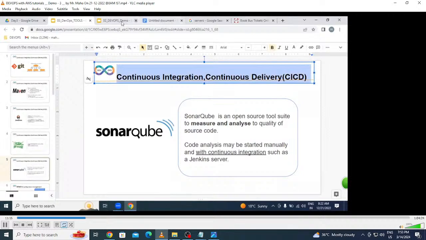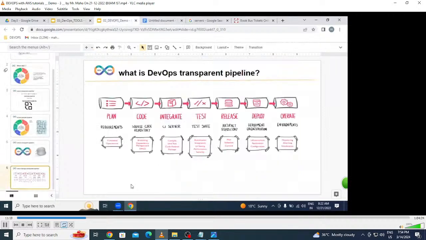The CI/CD process, from where to where? From here. CI/CD, continuous integration, making working software. We are going to deliver continuously. Once it is delivered, we are going to place our applications on hundreds of servers. These hundreds of servers, we are going to automate by helping of